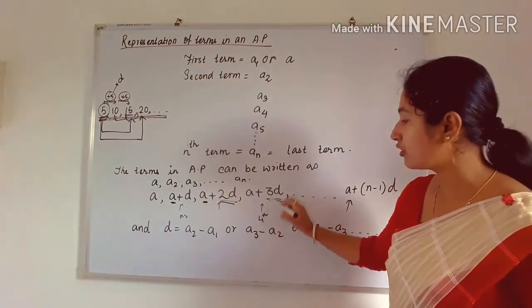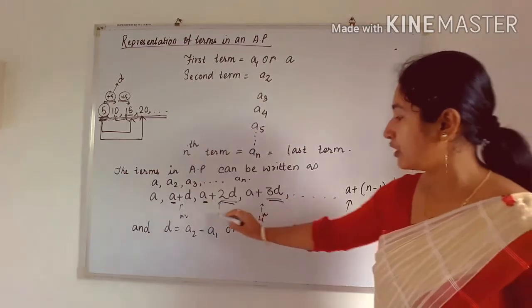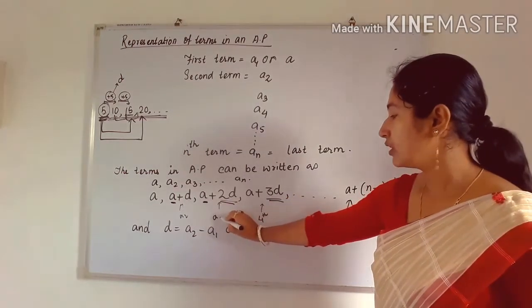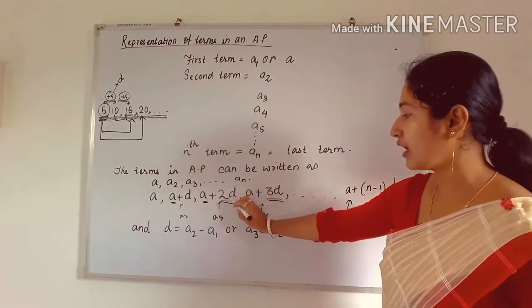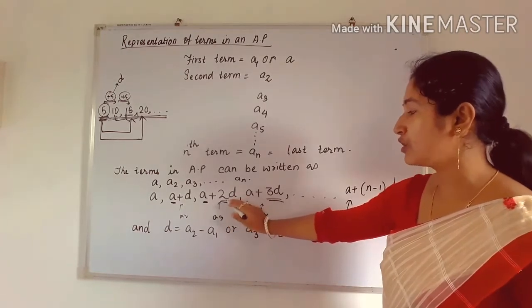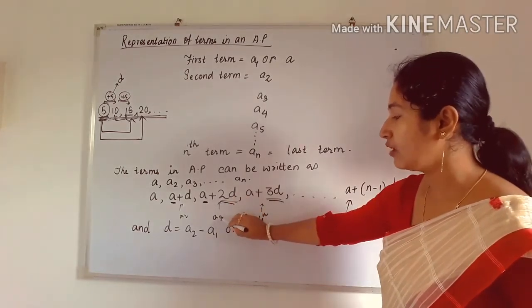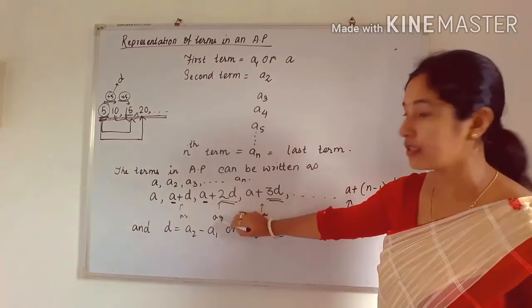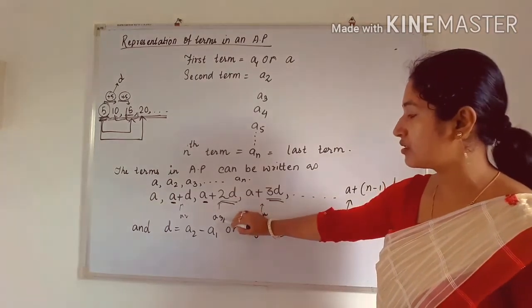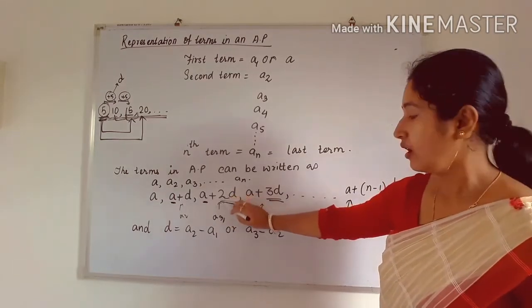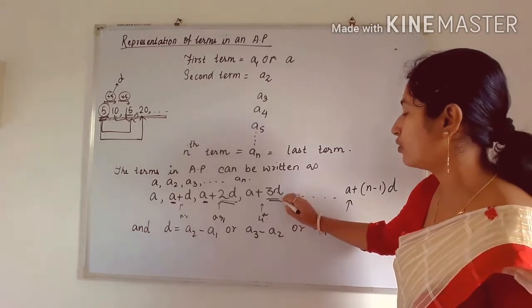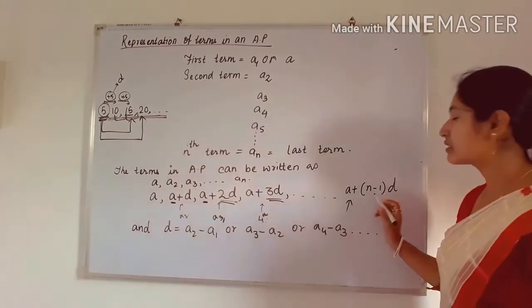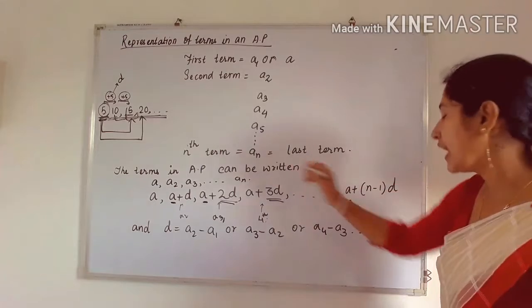So, if it is fourth, we have to write third. This is third term. Okay, so here we are writing 3. That means we have to write 2 in the coefficient of D. That means we have to write 1 less. Okay, 1 less than the subscript. Subscript is 3, so you have to write 1 less. Similarly, here 4. Okay, you have to write 1 less, so this will be 3. Similarly, this is the nth term, that means An.